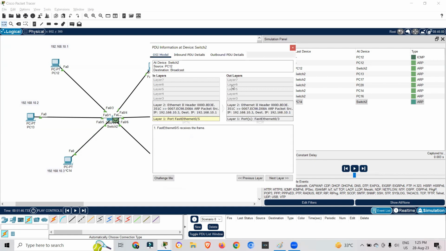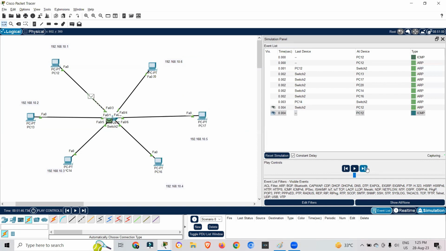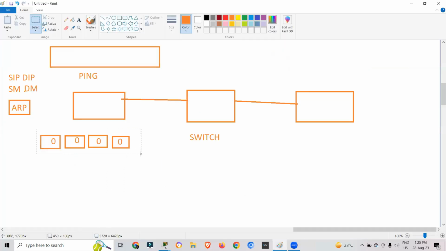The switch will get the message. Now the switch has the source MAC address, destination MAC address, source IP and destination IP, right or not? And it will get back to the same one. Okay. Now the ARP request has been done. After the ARP request, I told you what will be forwarded. The message will be forwarded into four different